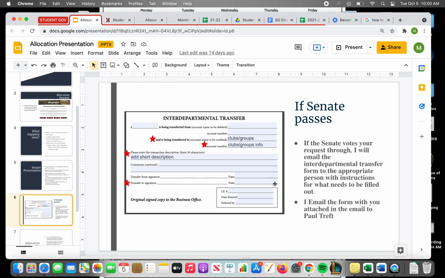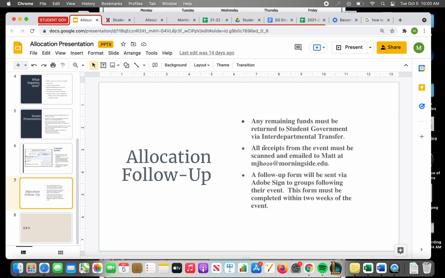And then if it passes in the Senate, we do an interdepartmental transfer form. That's why I need your guys' student group account number, essentially. And then this year, it is all digital, so you'll be CC'd in an email to Paul Treft. Essentially, that counts as your little signature there then. And then, yeah. And then the follow-up wise,